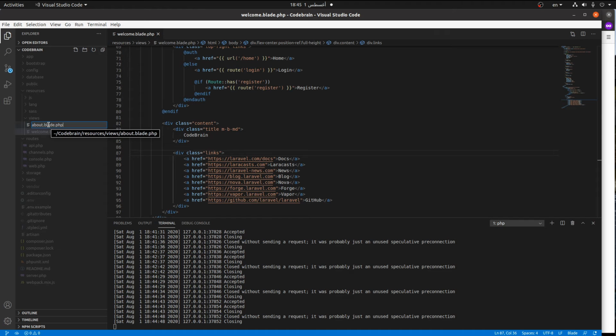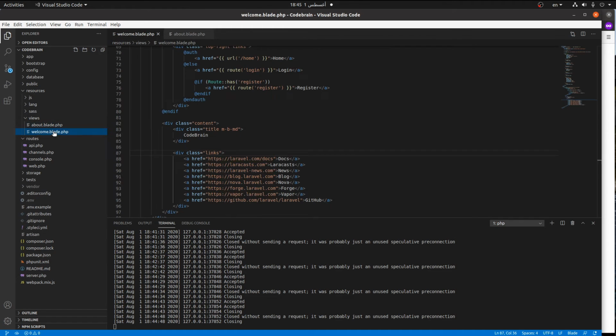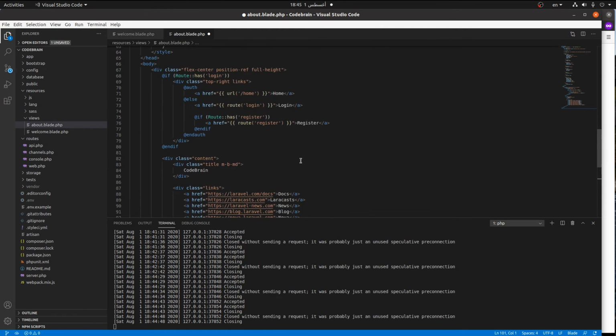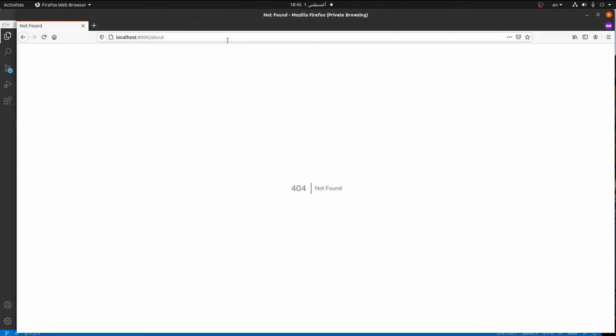Actually, you don't need to use Blade. If you don't want to use it, it's all right, but Laravel makes it easy with Blade, so it's a good idea to use it. Let's copy everything in this file, I'm super lazy, and type here "about". If we refresh this page again, we are getting a 404 error,